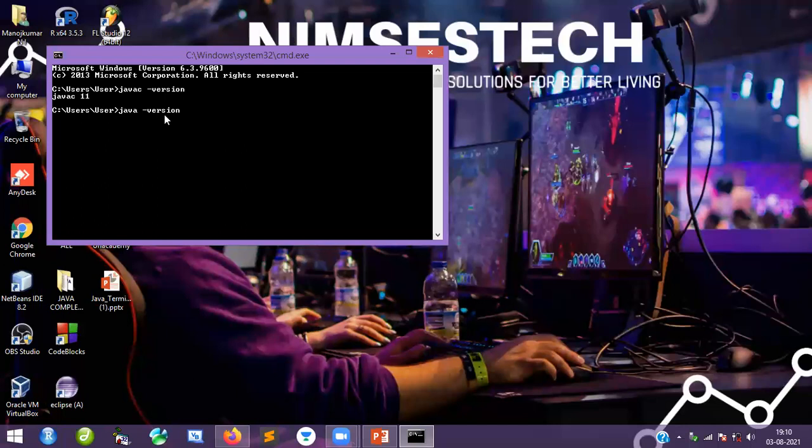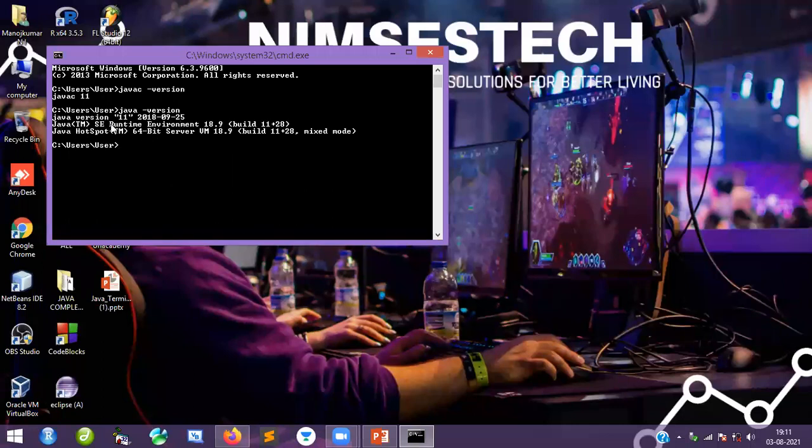To check the compiler, javac is nothing but a way to check whether the compiler is installed or not. I wanted to know, so that is the reason why javac space minus version. Then it will say javac 11 compiler is installed here. The complete JDK version, everything it will show you. Enter. See here, Java version 11, 2018, 9/25 release date, all those things.